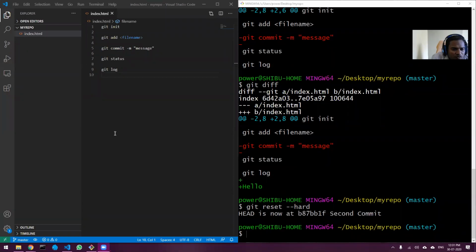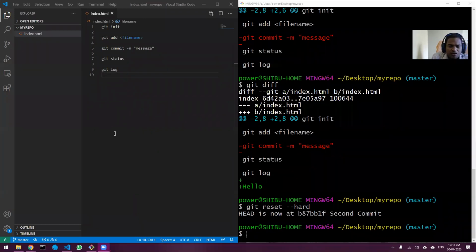Junaid is asking, how much storage does Git take for our repo code? Now, Git doesn't take anything by itself. Git takes size based on your repo. If your repo is small, 1 KB, your Git will also be small.